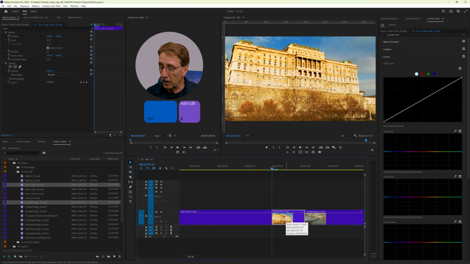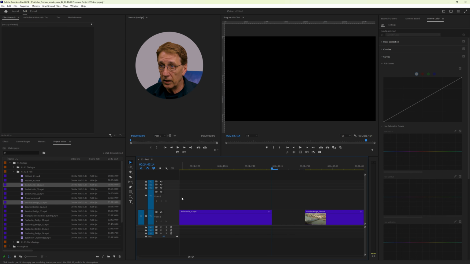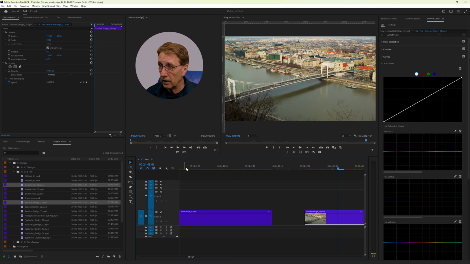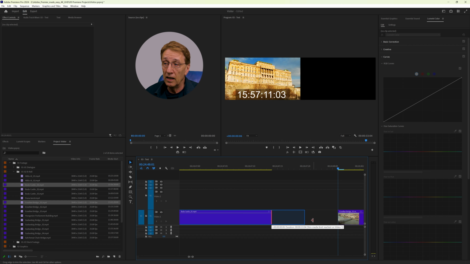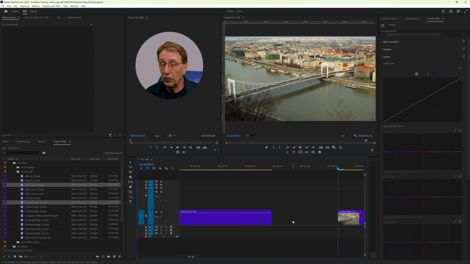So I cut this part off, and then from here I go +12. So I cut off this part. As we know, Premiere Pro is a non-destructive editing system. So the parts we cut off are not destroyed or thrown away. They are still here. So I can stretch it out again. But what we learned before, that they need to overlap. So I close the gap.